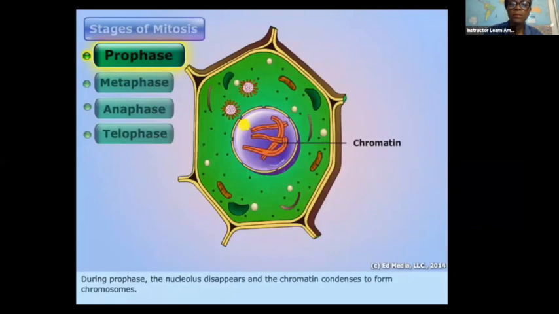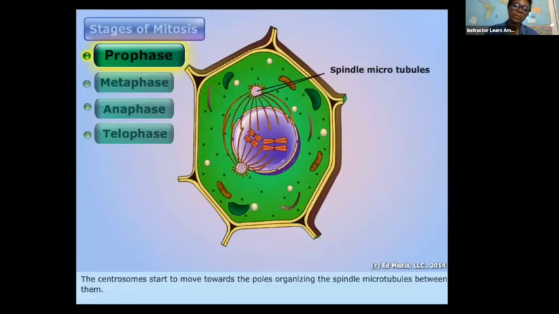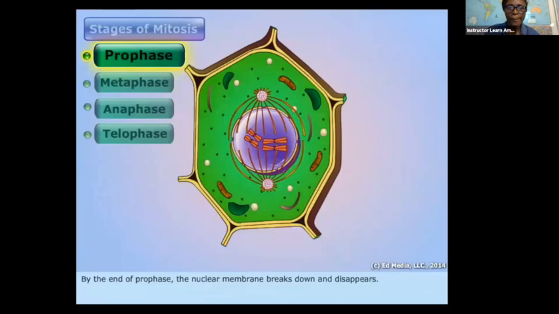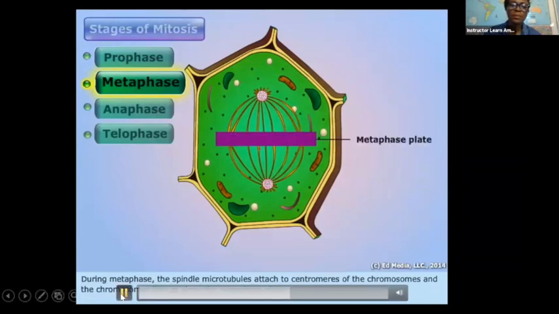During prophase, the nucleolus disappears and the chromatin condenses to form chromosomes. The centrosomes start to move towards the poles, organizing the spindle microtubules between them. By the end of prophase, the nuclear membrane breaks down and disappears. During metaphase, the spindle microtubules attach to the centromeres of the chromosomes, and the chromosomes line up along the metaphase